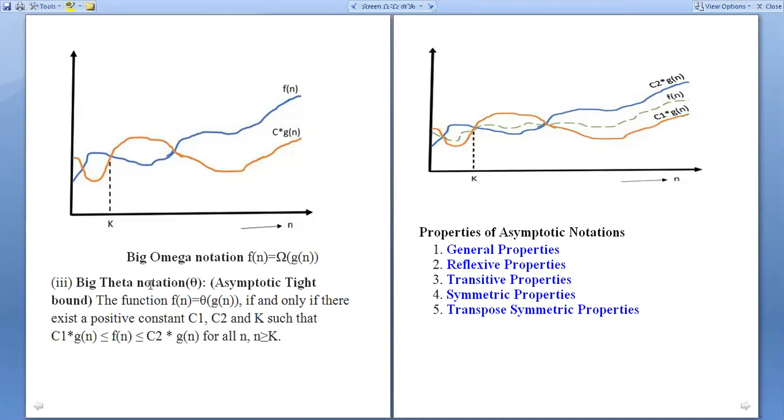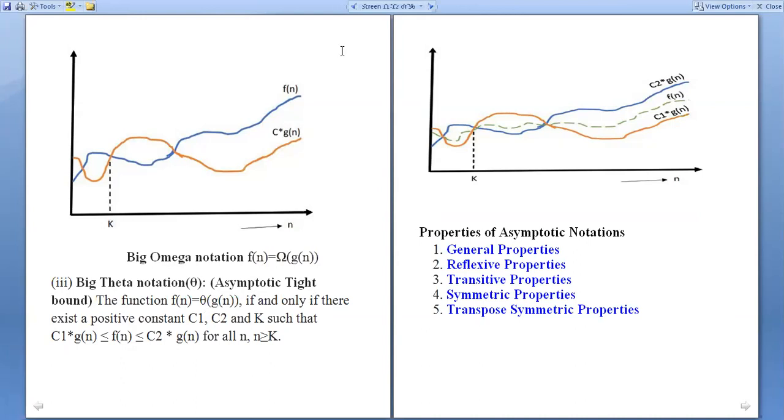Big theta notation means in between the omega notation and big O notation. Big theta notation is in between big O notation and big omega notation. So asymptotic tight bound: the function f of n is equal to theta of g of n if and only if